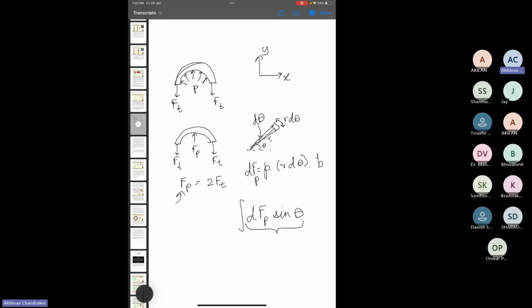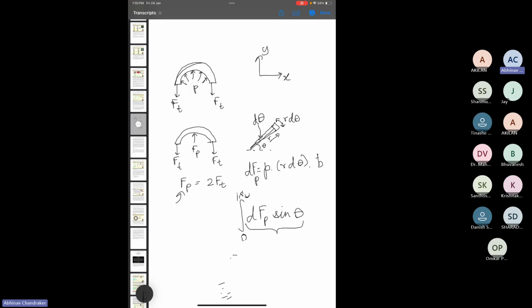TFP was experienced in this direction, and we took sine theta so that we get the component of the force in the y direction. So if we now integrate this from 0 to, let's say, 180 degrees, since we are looking at half of this ring, then this will be equal to,